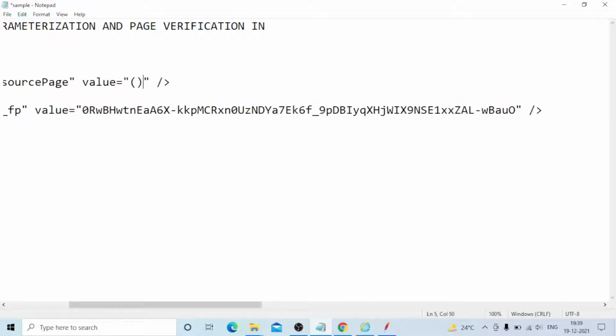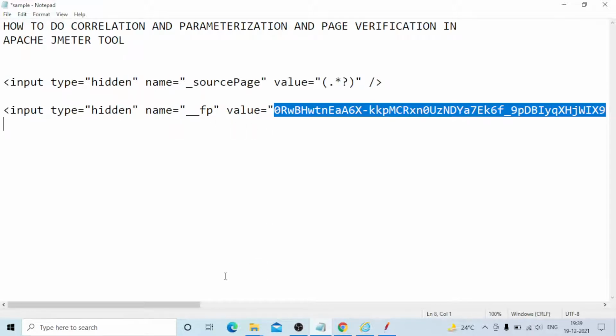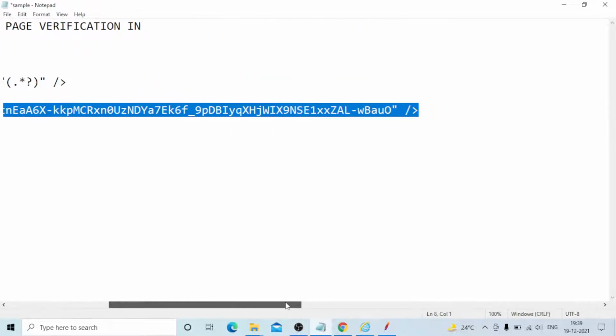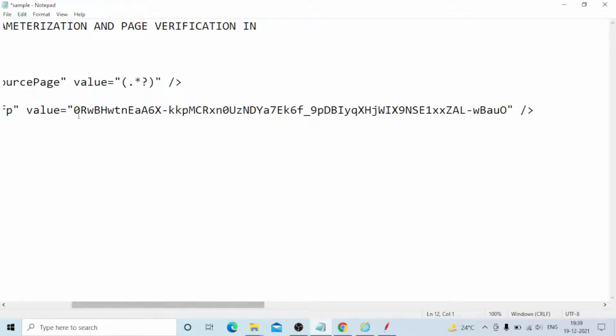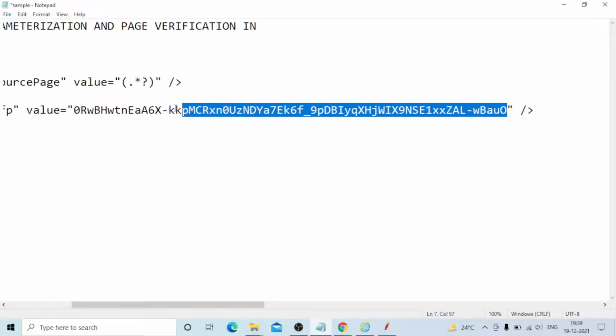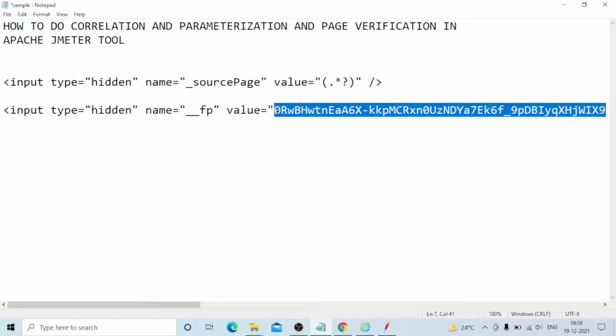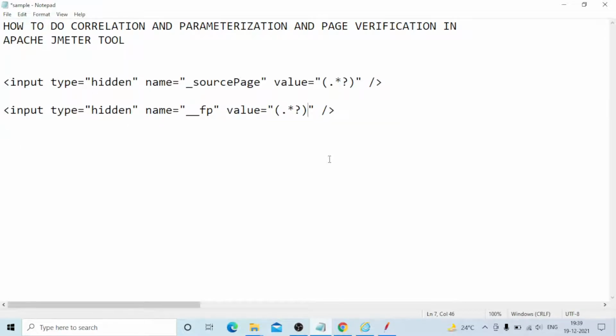Open and close the bracket, and provide the dot star question mark. Okay, that is enough. And this one also, you can provide the same. Okay, dot star question mark, it's done. Now what you need to do now,